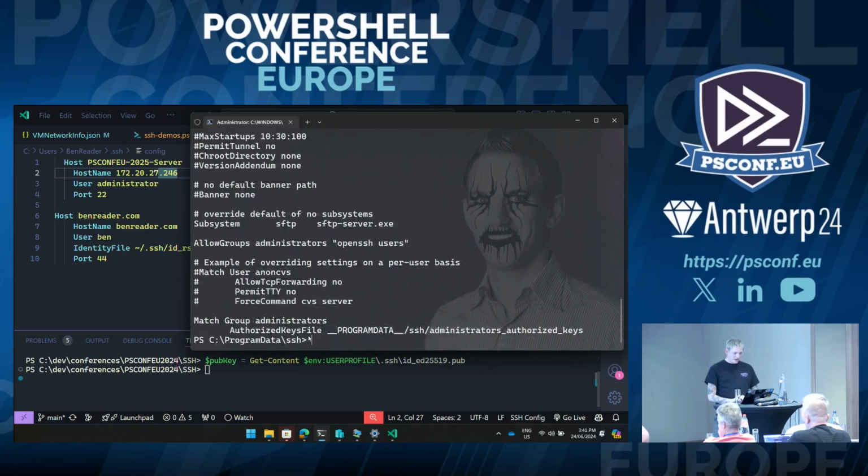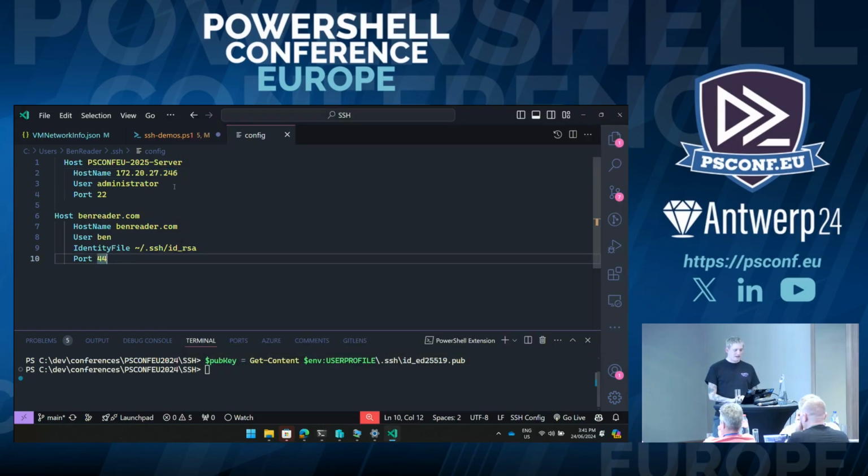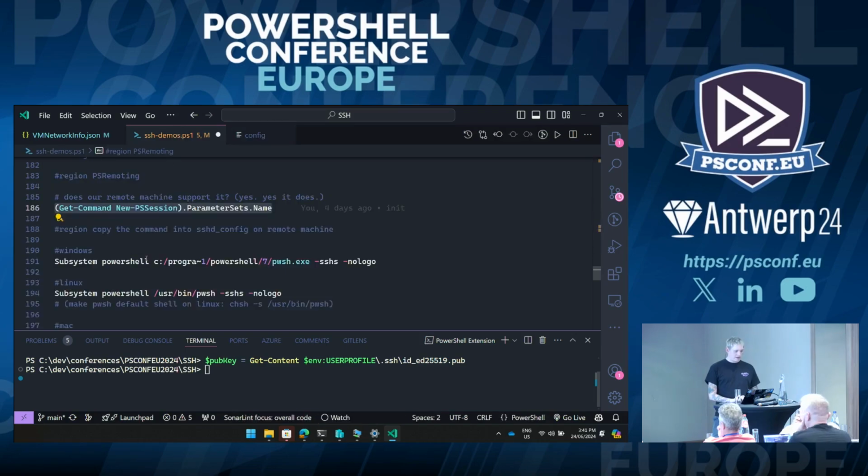There's a bunch of things in here, but the important thing is a thing that's not even in here. This subsystem SFTP. By default, if you try to use FTP into this, it's going to try and use that by default. There is a line that we simply need to add into this machine that is basically subsystem PowerShell.